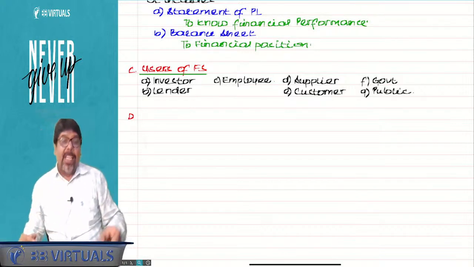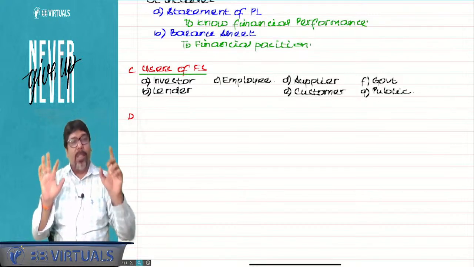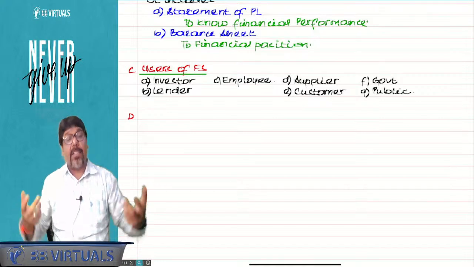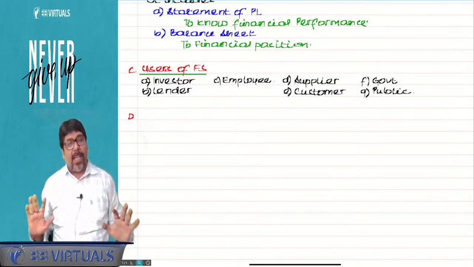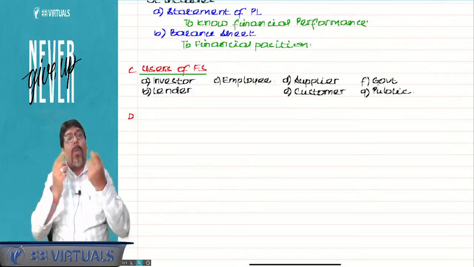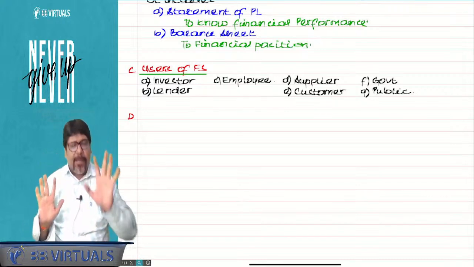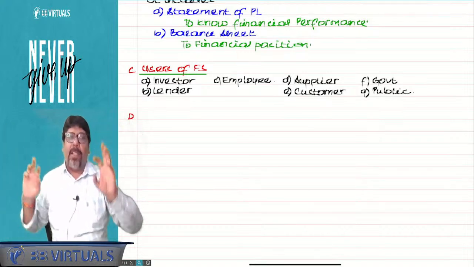What you understood is that accounting records financial transactions. Accounting means recording of financial transactions. What is the purpose of recording financial transactions? To find out profit and financial position status. How do we find that? By preparing financial statements. What are financial statements? Financial statements are basically two things. There are five, but for the time being, you remember two things. What are those two things? One is P&L and one is the balance sheet.